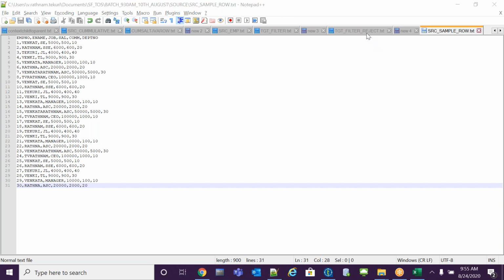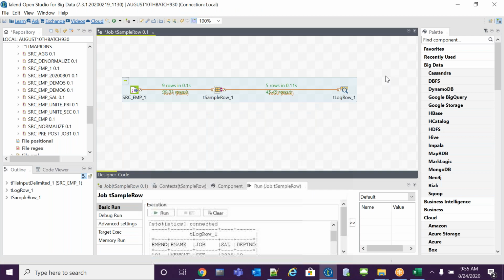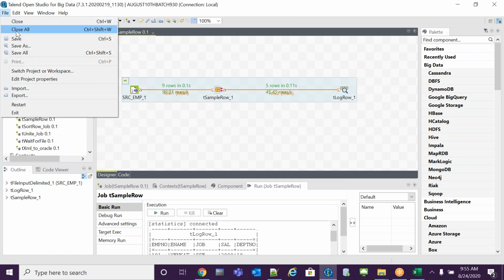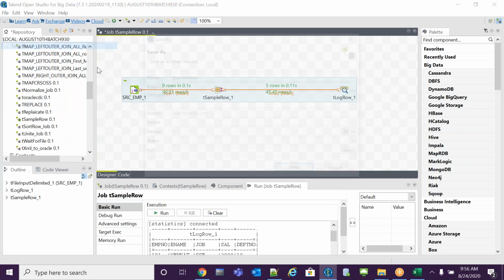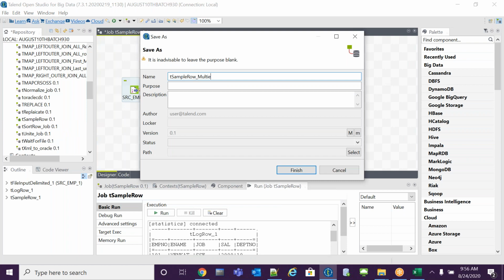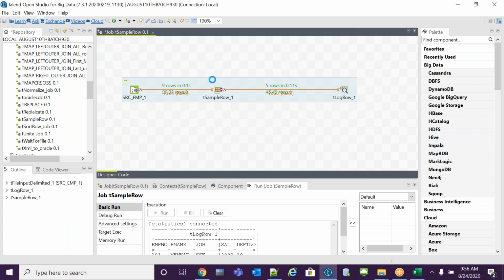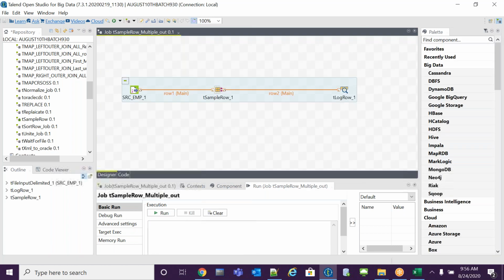This is a simple scenario. Let me do it. No multiple outputs. Let me delete it.